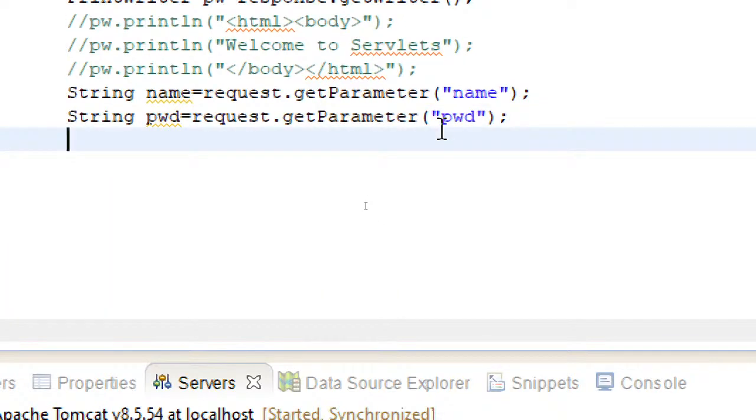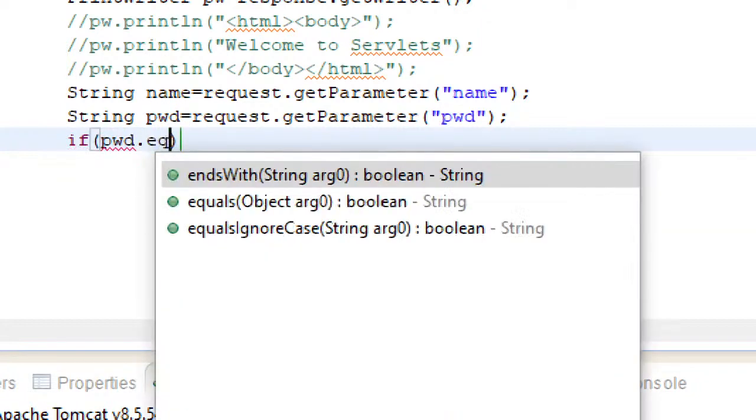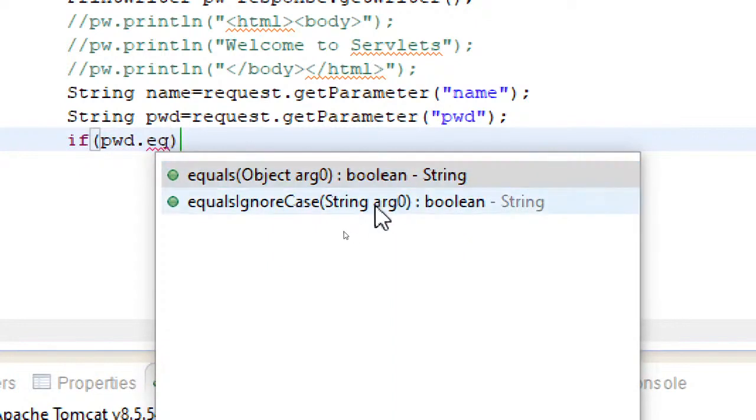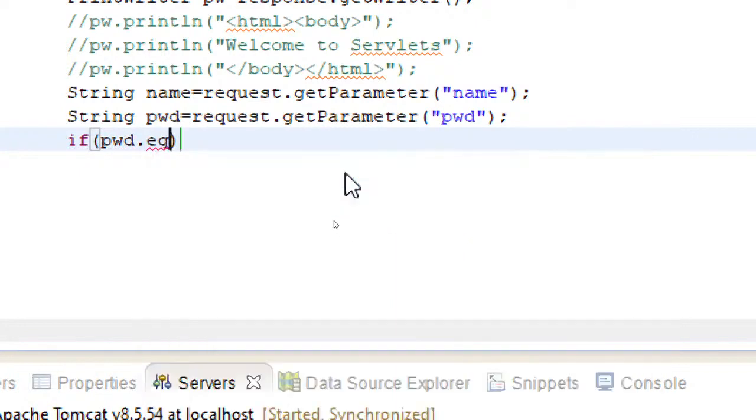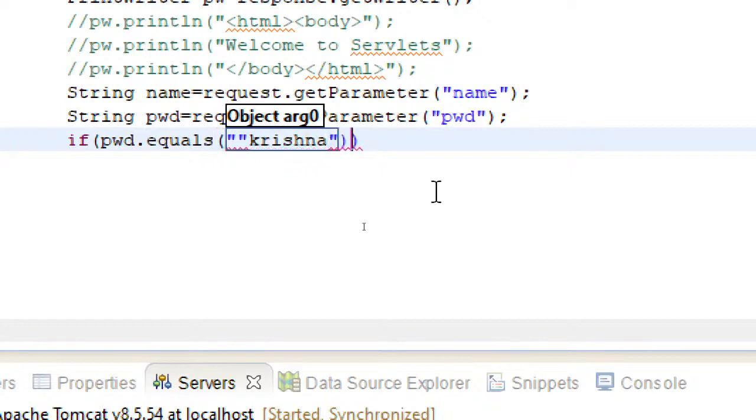And then if pwd.equals, so I'm just giving directly the password should be something like Krishna, then only it should process things.